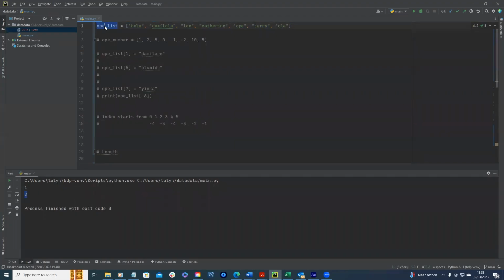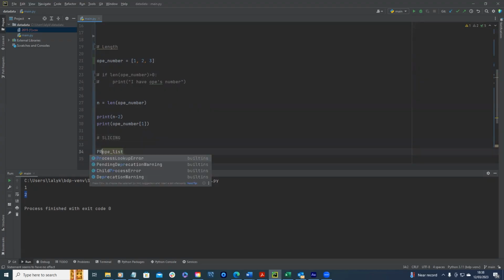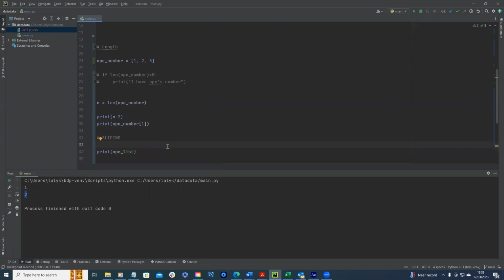Let me print Okwe list so that we can keep seeing the results. We're going to focus on slicing now. Already we know what is inside Okwe list. If I print Okwe list now,